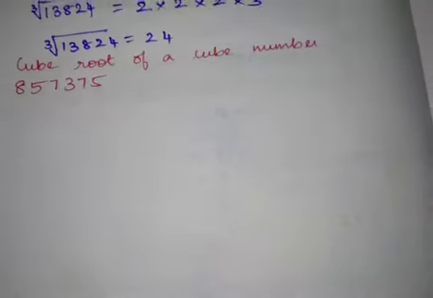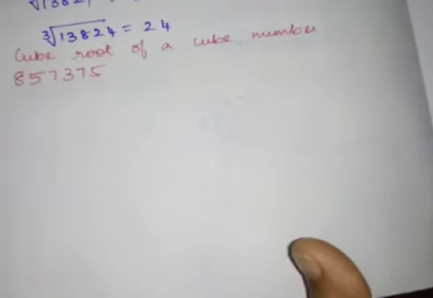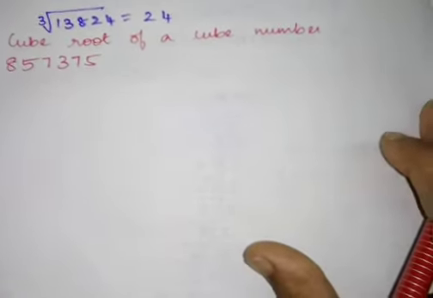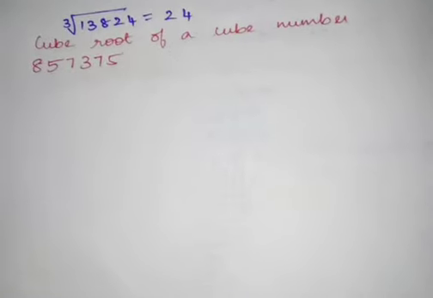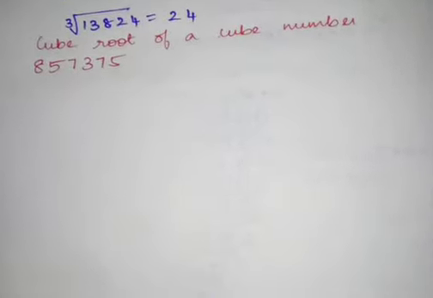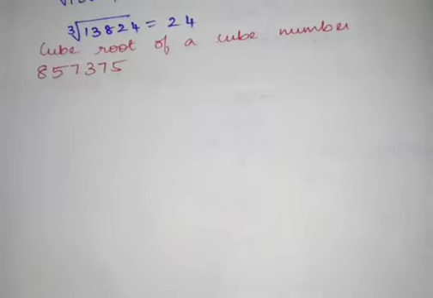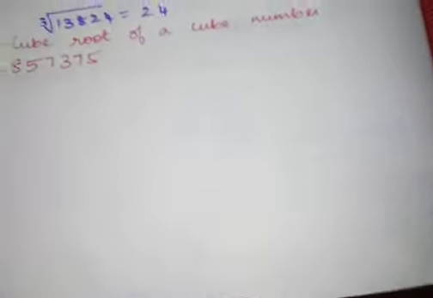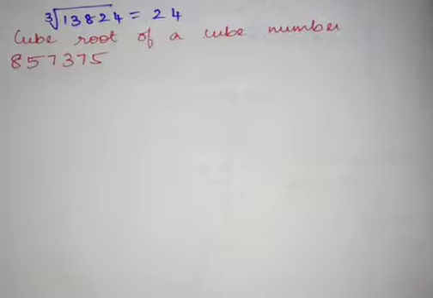Next is the new topic, cube root of a cube number. So what is the question? This is given here as a step-by-step process, so we are going to deal with that step-by-step process. Actually, you will find the cube root for a cube number only, correct? When you take the cube root of a perfect cube number only, you will get the answer. So this is one step-by-step process where you can directly give the answer, instead of doing this prime factorization.